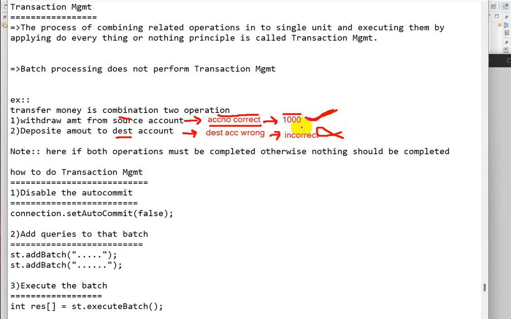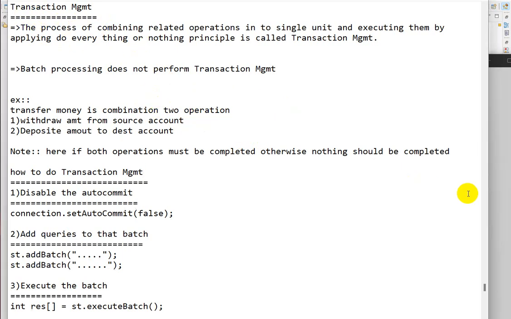So in that case, we should check that your account number and your friend's destination account number are correct, and only then should the 1,000 rupees be deducted from your money. So this is transaction management.